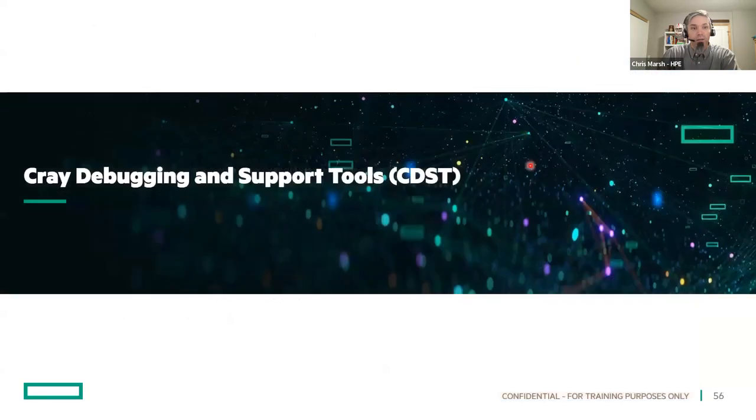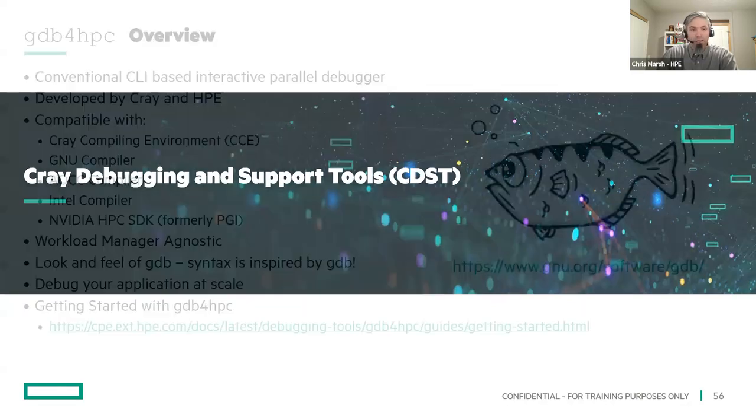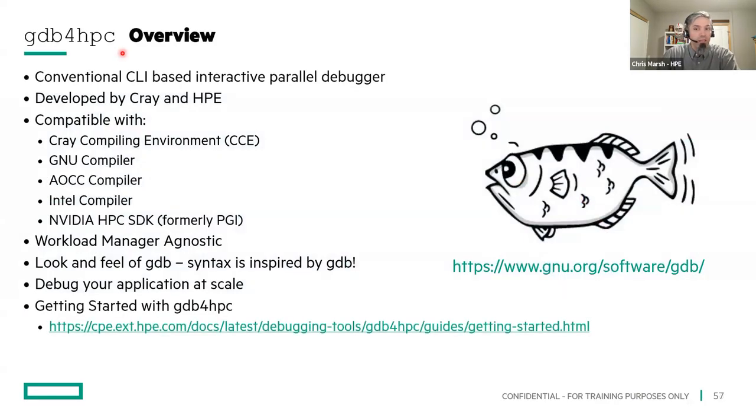Tools. We're going to move on and look at our Cray debugging and support tools. The debugging and support tools do include a suite of tools. We've mentioned a few of them. The main one that we're going to focus on is Gdb4hpc. So that's where we're going to spend our time for the balance of this class, and we do have a